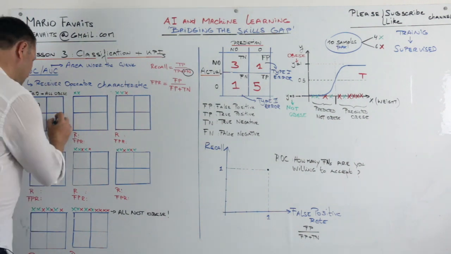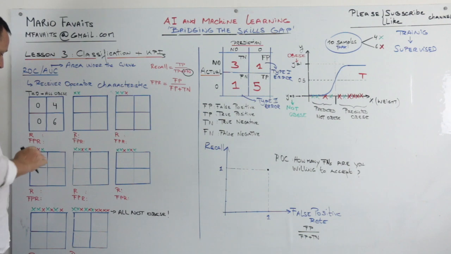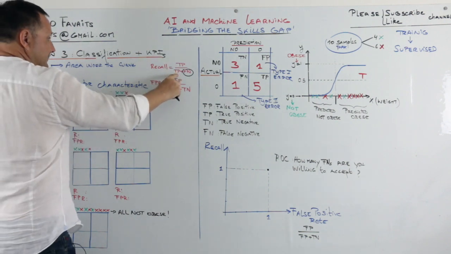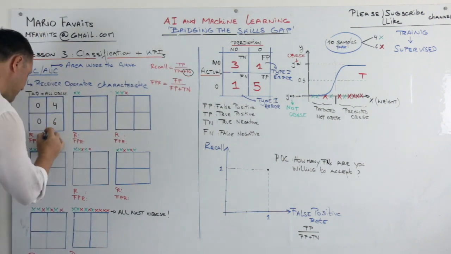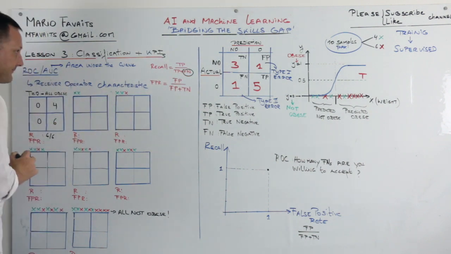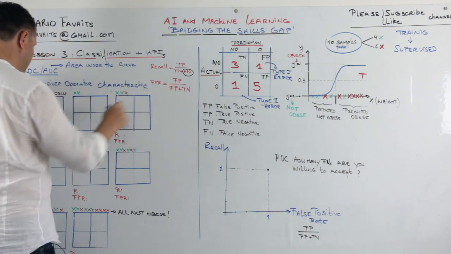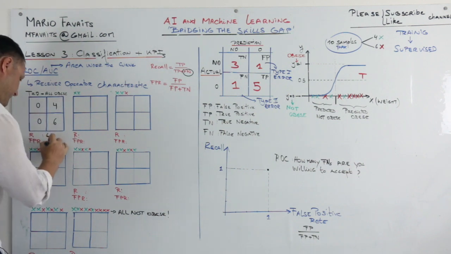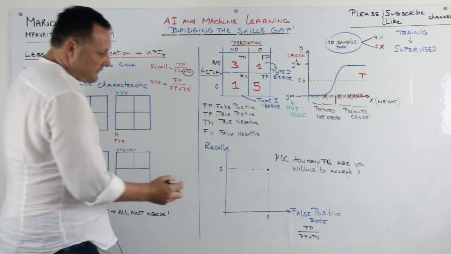So this is 6. And false positives is 4. Now if we calculate recall, which is true positives divided by true positives plus false negatives, then we have 6 divided by 6, and the false positive rate is going to be 4 divided by 4 plus 0, which is also 4, so this will be 1 and 1, and this is the first point